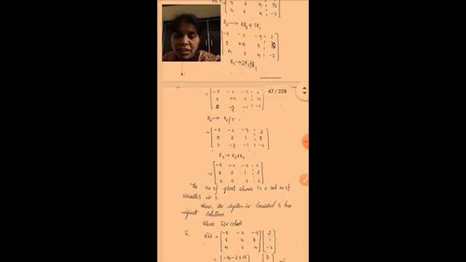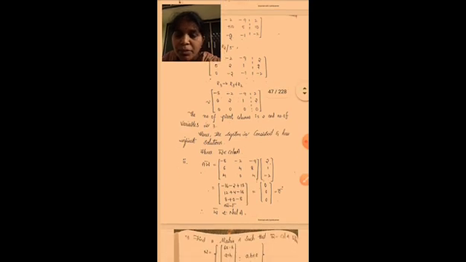In R2 we divide by 5. So minus 8, minus 2, minus 9, 2, and 0, 2, 1, 2, and 0, minus 2, minus 1, minus 2. So here R3 plus R2 gives another matrix: minus 8, minus 2, minus 9, 2, and 0, 2, 1, 2, and the last row is 0 0 0. The number of pivot columns is 2 and the number of variables is 3. Hence the system is consistent and has infinite solutions. So hence w bar belongs to Column A. Okay, we will see another problem in the next class.